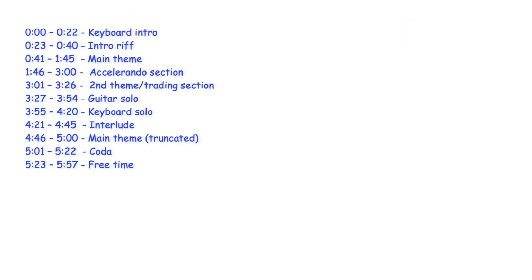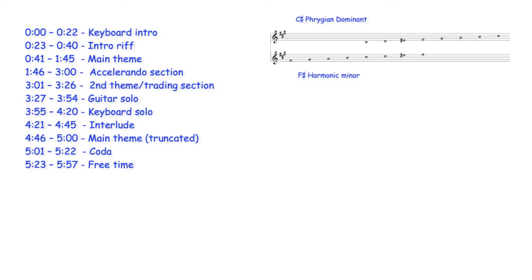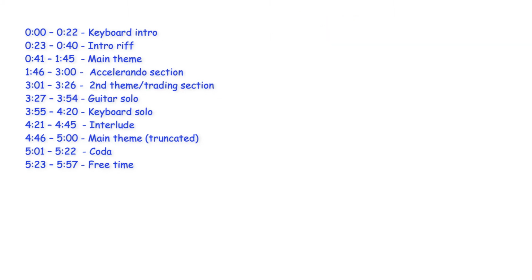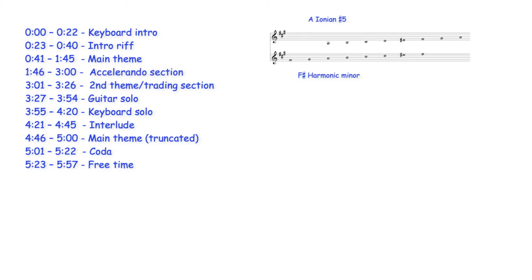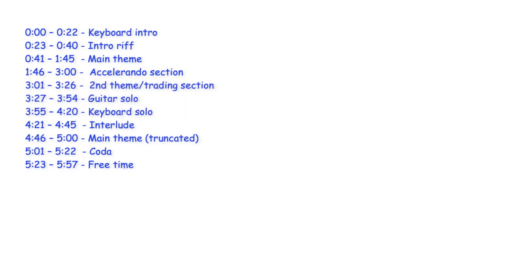Appearing on Meola's 1978 album Casino, Egyptian Danza is an instrumental track which can be divided into the following sections. The majority of the tune uses a single mode, C-sharp Phrygian dominant, the fifth mode of the F-sharp harmonic minor scale. Some sections, however, use related scales and modes, with the Accelerando section, for example, using the F-sharp harmonic minor scale and its third mode, A Ionian sharp 5, and the central sections alternating between the C-sharp and